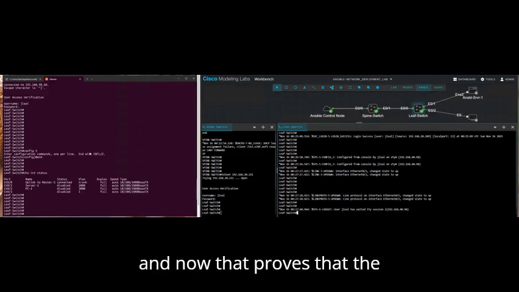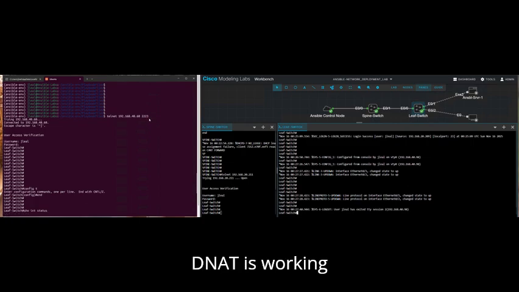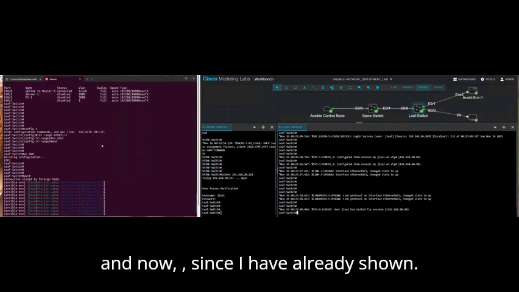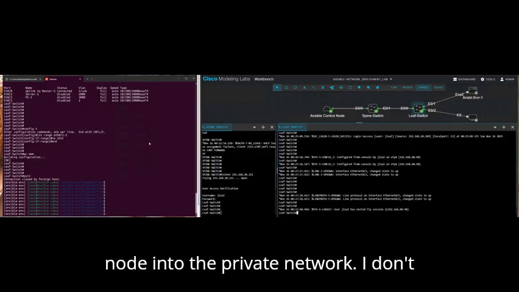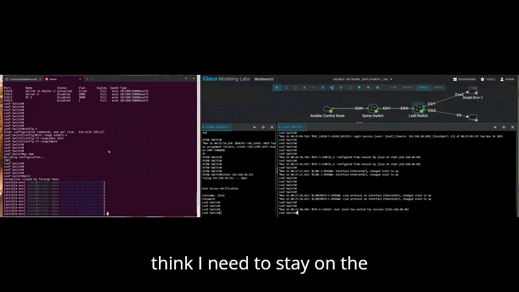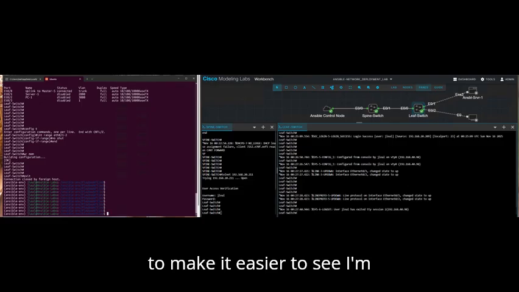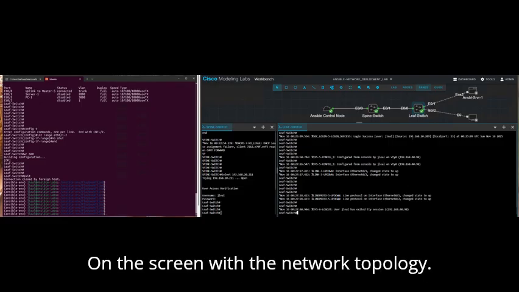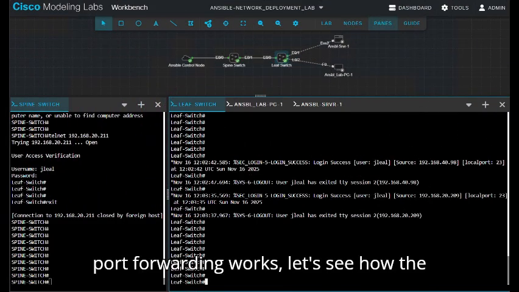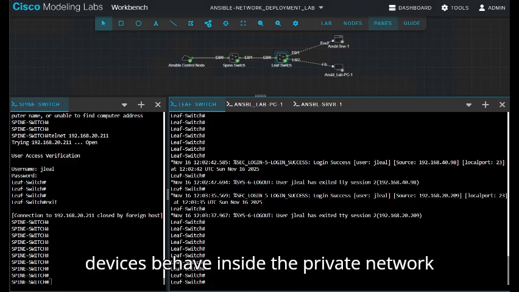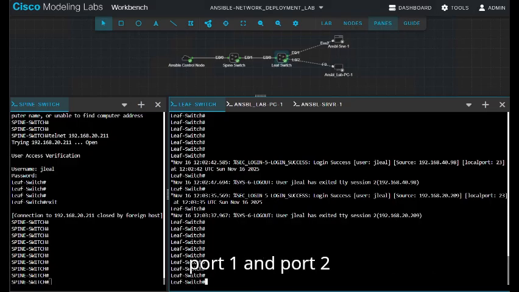And now that proves that the DNAT is working, port forwarding is working. Since I have already shown the connection from the Ansible control node into the private network, I don't think I need to stay on the Ansible control node. So to make it easier to see, I'm going to focus on the screen with the network topology. Now that we have confirmed the port forwarding works, let's see how the devices behave inside the private network. Port 1 and port 2 in the leaf switch have been turned on, but the devices are not currently